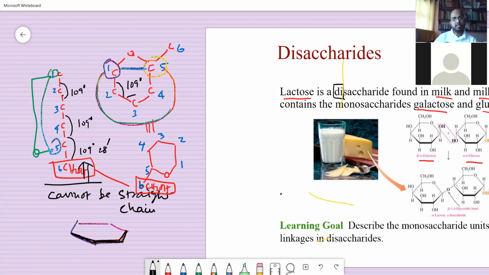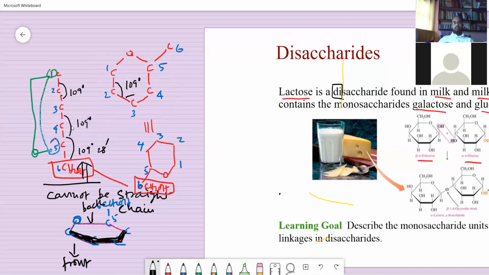It represents that this is a carbon atom, this is a carbon atom, this is a carbon atom, this is a carbon atom, this is a carbon atom, and this is an oxygen atom, and you will have one CH2OH here. That is the 6th carbon atom, linked to the 5th. But what I want to stress here is, if you see a shaded portion like this, then it is the front side, and this one will be the back side. That is the Haworth structure that I have been trying to tell you.